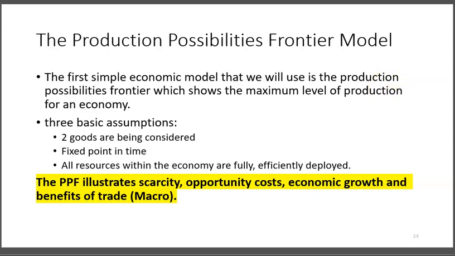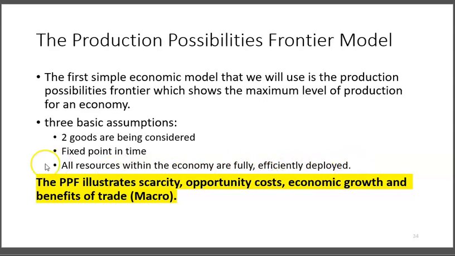All right, so we're going to talk here about a very simple economics model, but a very useful one called the Production Possibilities Frontier. So the PPF is a two-dimensional model that shows us what can be produced under some basic assumptions. So we're only going to consider two goods. We're going to be at a fixed point in time, and then we're going to say that all resources are